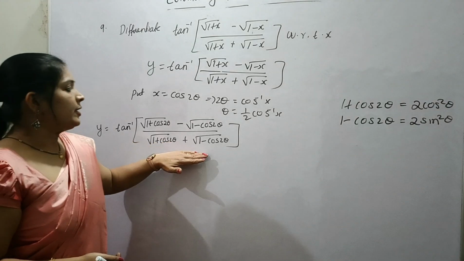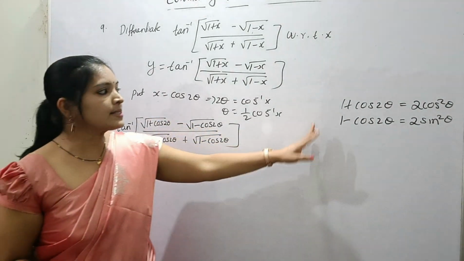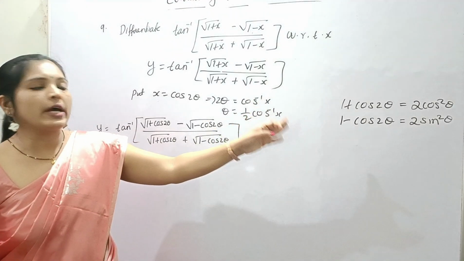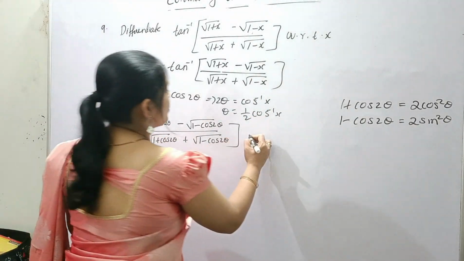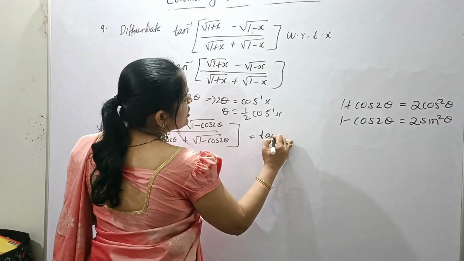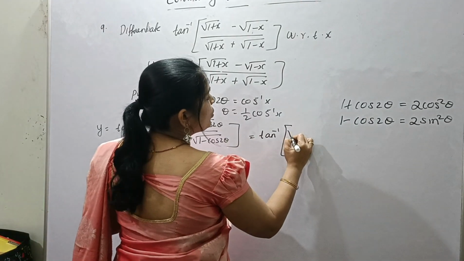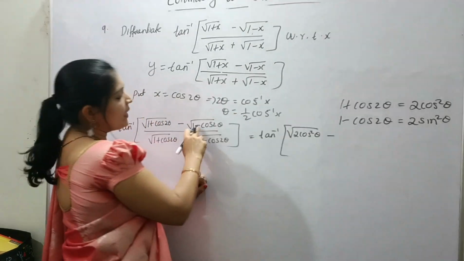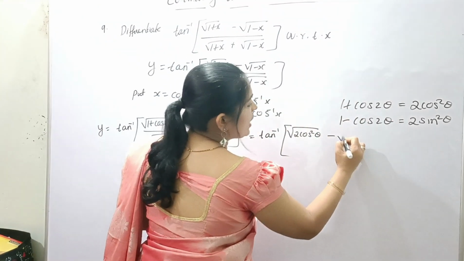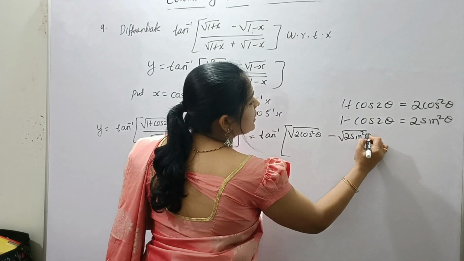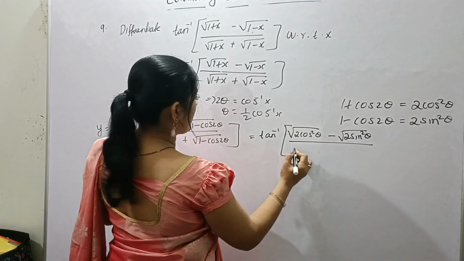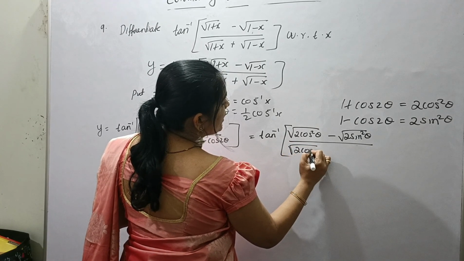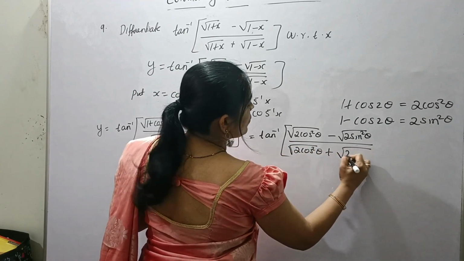Okay, then here we have identities. 1 plus cos 2 theta is 2 cos square theta, 1 minus cos 2 theta is 2 sin square theta. So let's substitute it here. Tan inverse of root of 2 cos square theta minus... 1 minus cos 2 theta is 2 sin square theta, root of 2 sin square theta divided by, okay, same in denominator, root of 2 cos square theta plus root of 2 sin